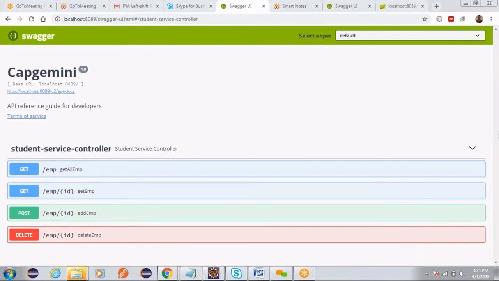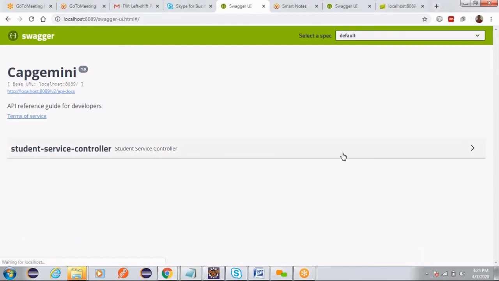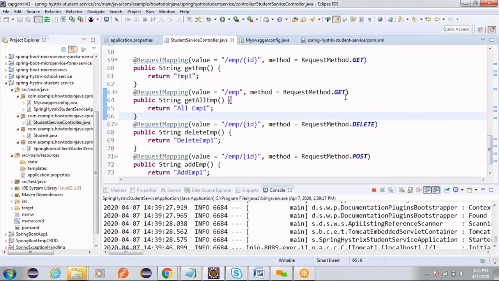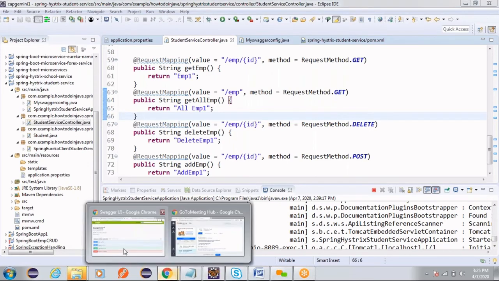Earlier it was like this; when you click on this, it is going to show you all the methods available. You can see here the first method: get all employees, get employee, add employee, delete employee, and what type of method each is. Let us say in our application we have given the method types as get, delete, post. That description is given here.